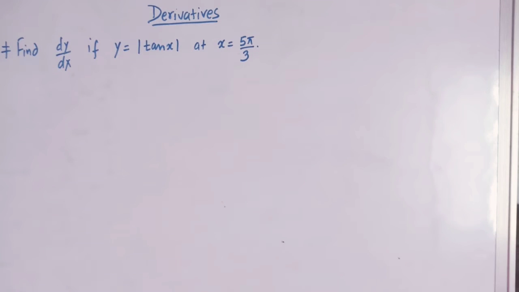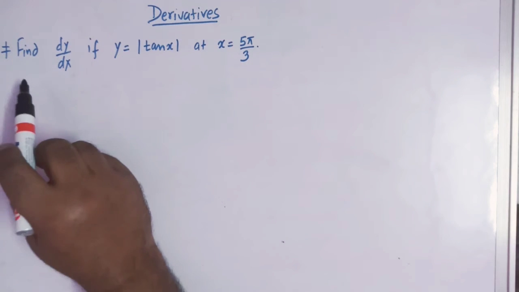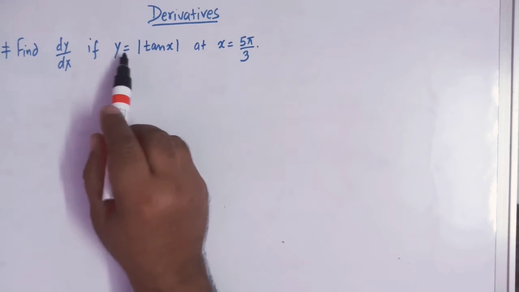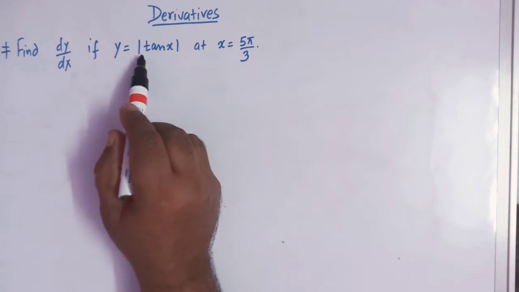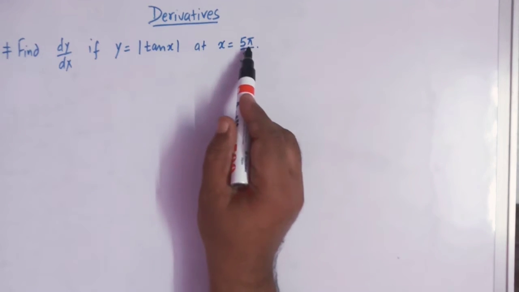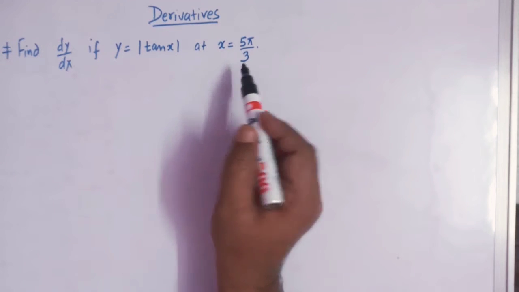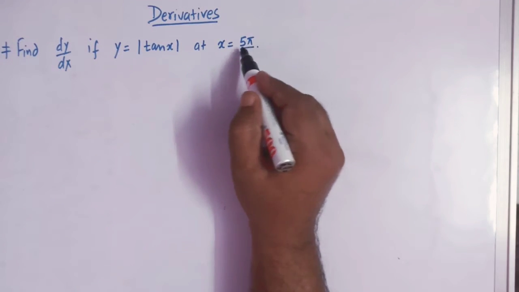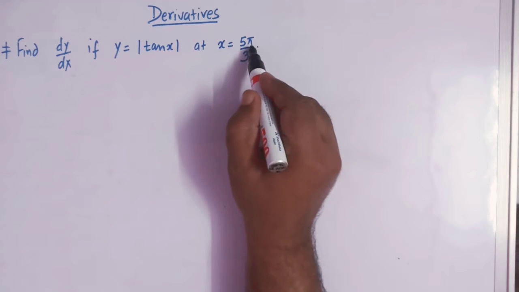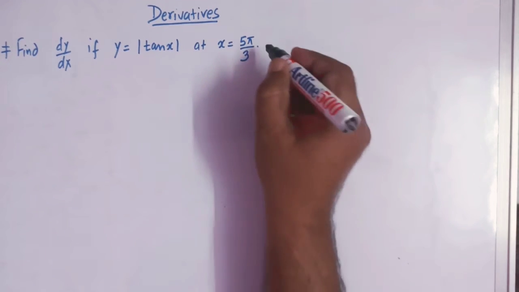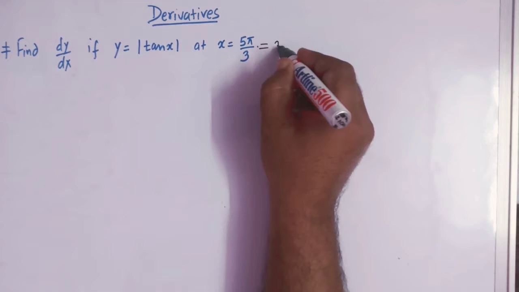Hello viewers, in today's class we are going to discuss one important problem from derivatives. Here we have to find the derivative of y = |tan x| at x = 5π/3. If we calculate this angle, x = 5π/3, it comes out to be